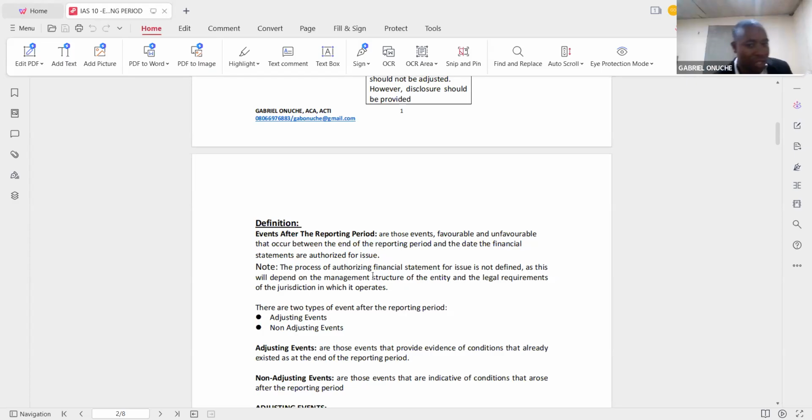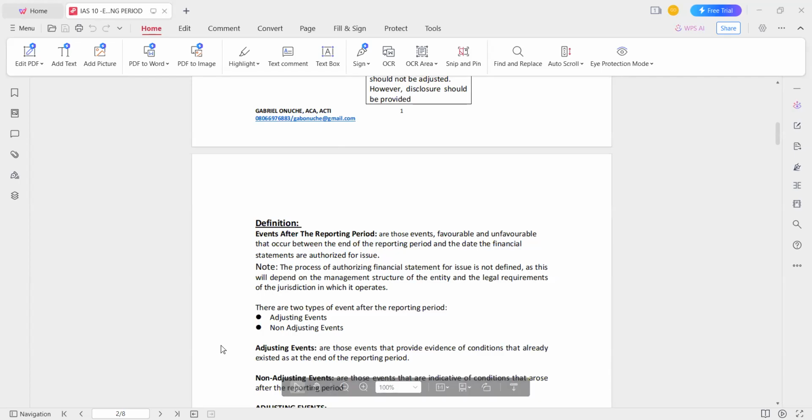Financial statements are authorized for issue on 15th of March 2023. The board or the AGM authorizes signing for publication in May. Which date is within the scope of IAS 10? I said it is between 31st of December 2022 and 15th of March 2023. That is the period covered by IAS 10. I hope that helps. Yes, sir. Thank you so much. All right.